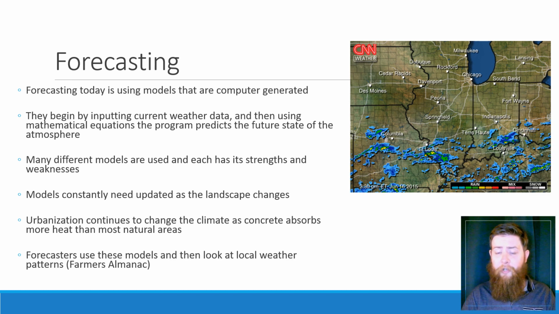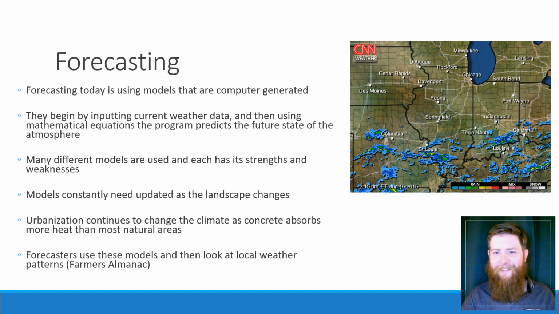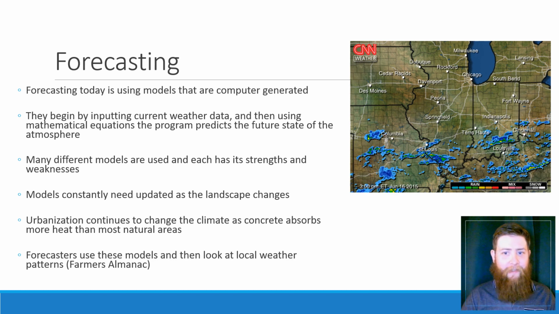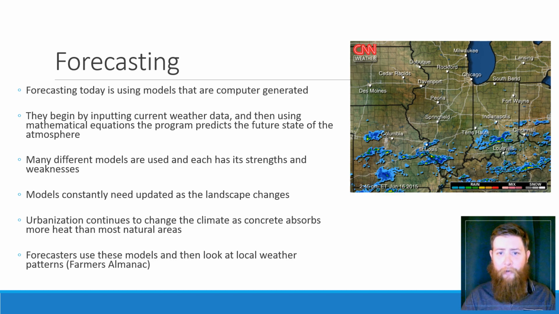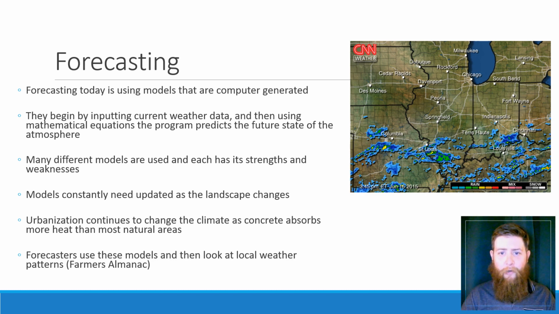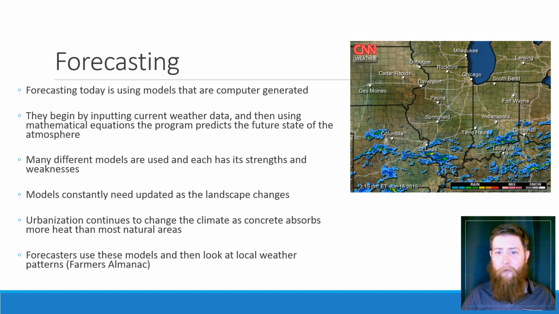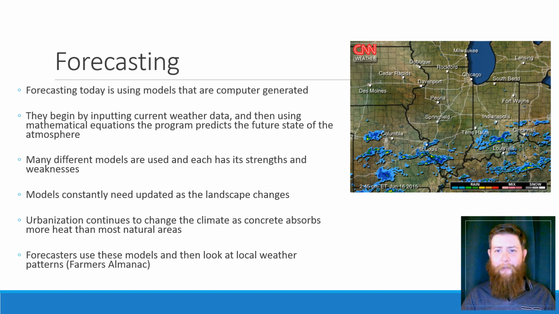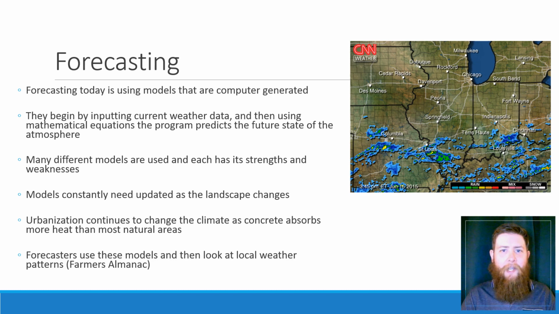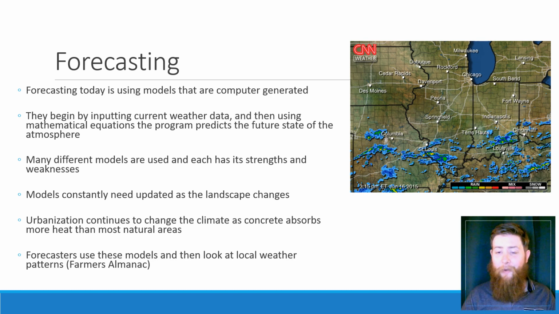This is the conclusion of chapter 20. This is a long one, but I hope that you learned a lot in here. I hope you learned about air masses and fronts and how these air masses form and how these fronts move. We talked about thunderstorms and severe wind in the form of tornadoes and hurricanes. We talked about winter storms, and we talked about station models and forecasting. So this has been a really action-packed chapter. If you have any questions, let me know, and we'll see you in the next one.